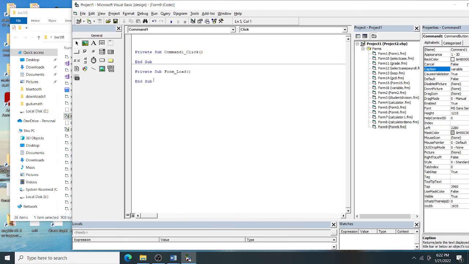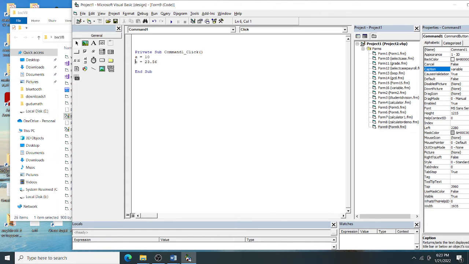First of all, I am showing you implicit declaration. Implicit means there is no need to declare the variable using the Dim statement or data types. Suppose I have a equal to 10, then I type b equal to 23.56. 10 is an integer, and 23.56 is a fractional, decimal value, so the data type would be single.